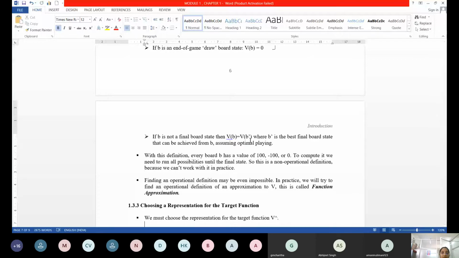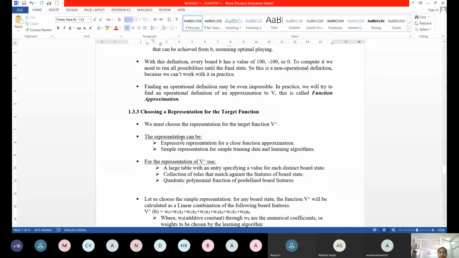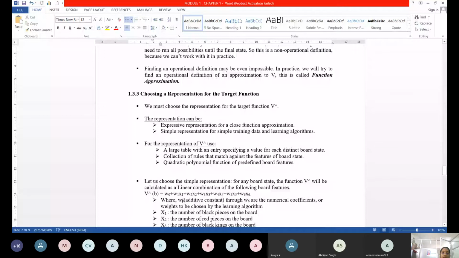So how do you represent your target function? How do you represent your target function? So as a polynomial equation, I have represented my target function. So I just explained to you about what are the weights, how to adjust weight while you're training your machine learning system, and what are x1, x2, x3, which is given over your description. Okay. So till this we have seen yesterday.